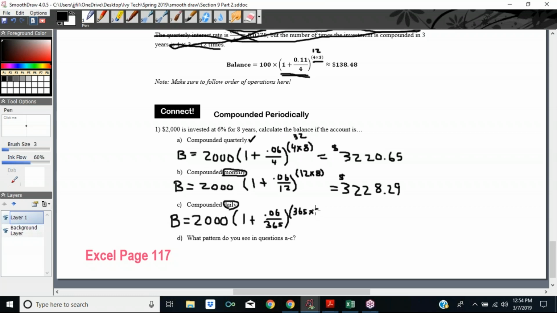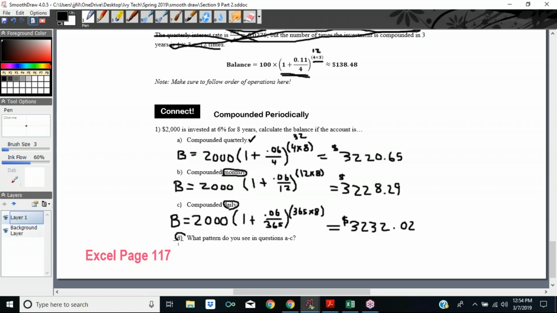So that's how many times it gets compounded in that 8 years. All right, so how much is that? $3,2